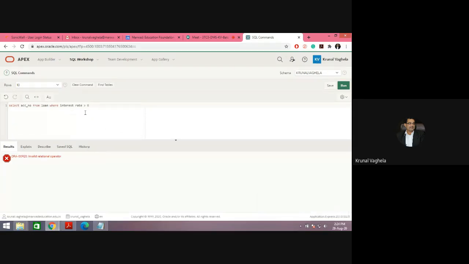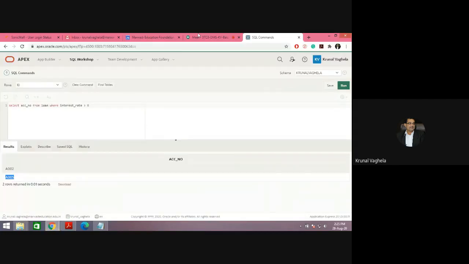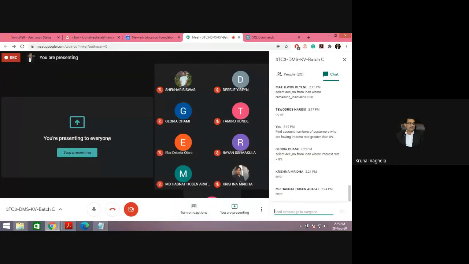Again it will not run because interest rate is not there. Interest underscore rate is the name, I think. See, A002 and A005 are greater than 8. Got everyone?